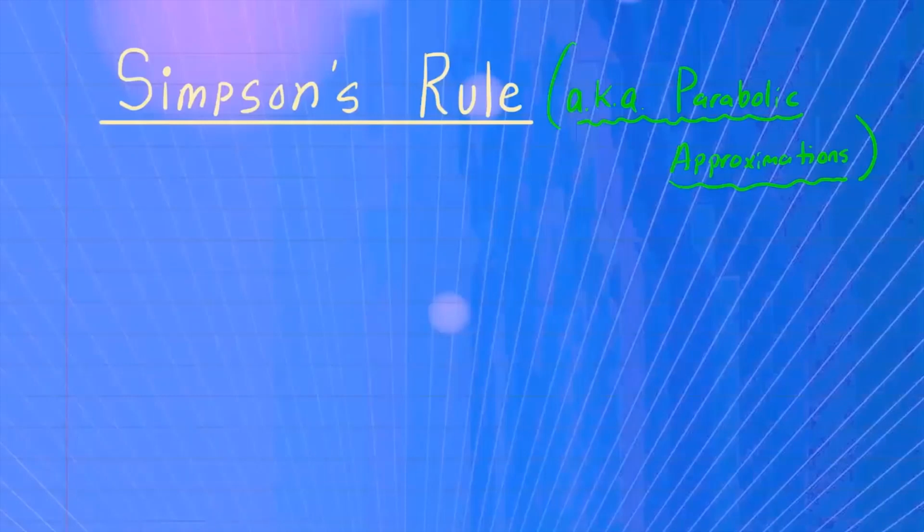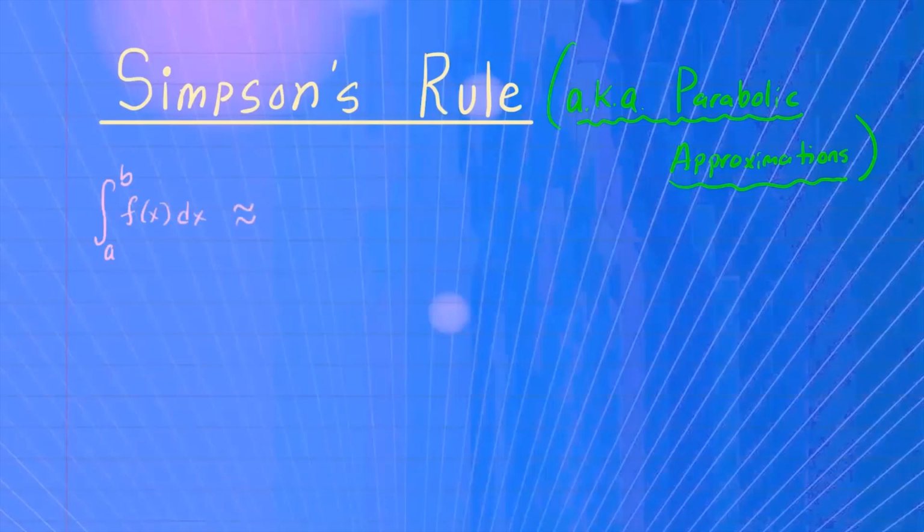All right, so here's another method we can use when it comes to approximating a definite integral. It's Simpson's rule, or you can call it the parabolic approximation. So we're creating parabolas to approximate the area of a curve. So if you want to integrate from a to b of some function f of x dx, this can be